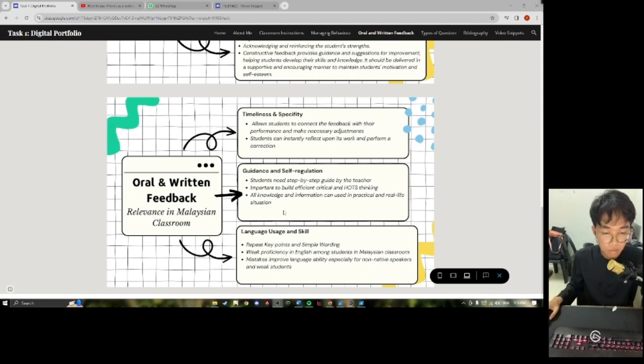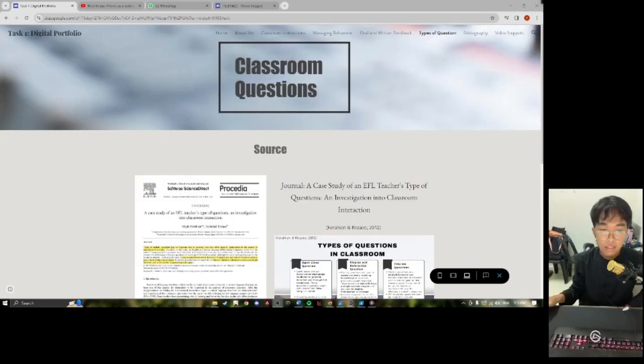We need to explain to them what can be fixed in a detailed manner, so that they can actually improve. It's also very important to keep in mind the language that we use, and we need to be very simple in our wording and repeat key points, so that students don't get lost with the feedback itself. And lastly, which is classroom questions, the question that we give in a lesson is also very